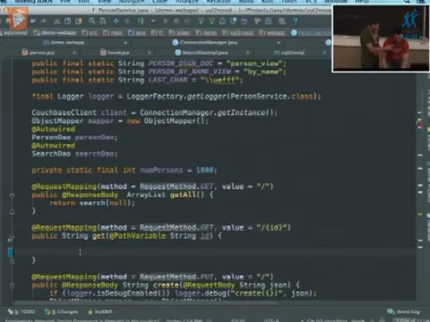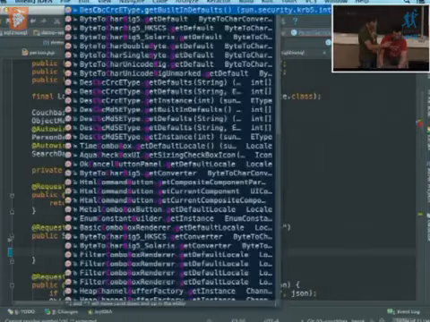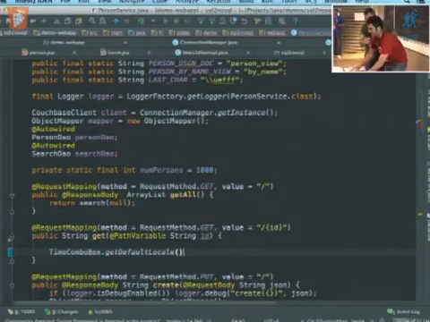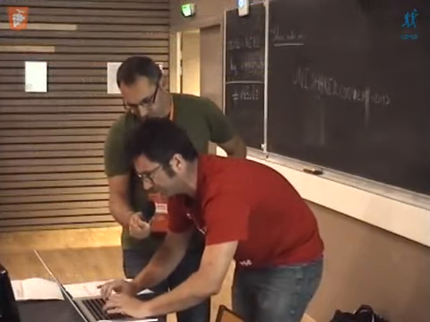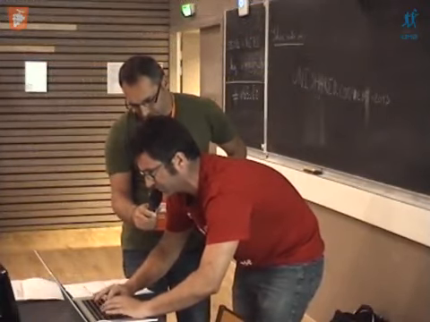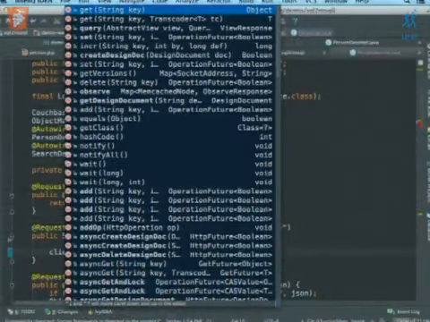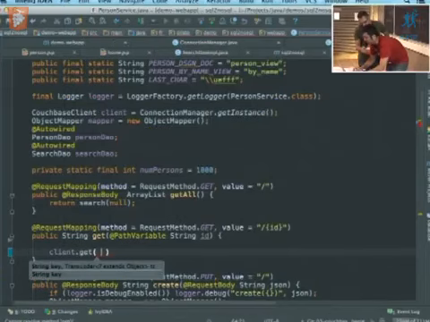And I still get the ID, and I do a get. So instead of doing a select on one single, it's not really what I want. No, this is client. You have to use client. Client.get. Yeah, that's it. And I will use a specific key.